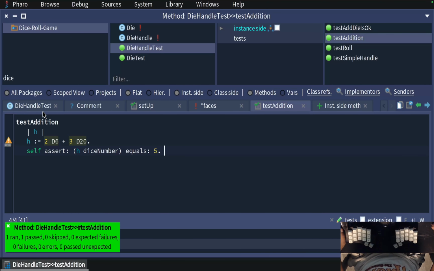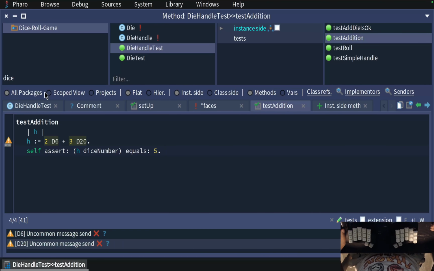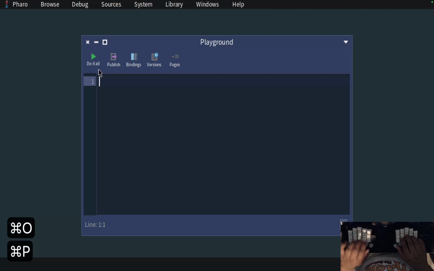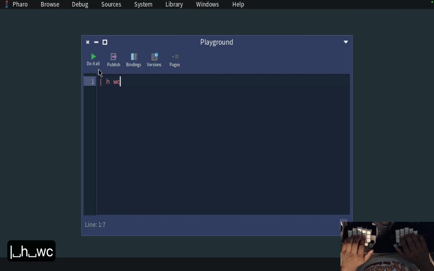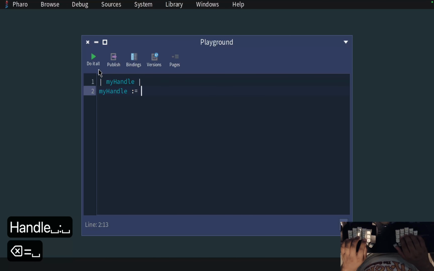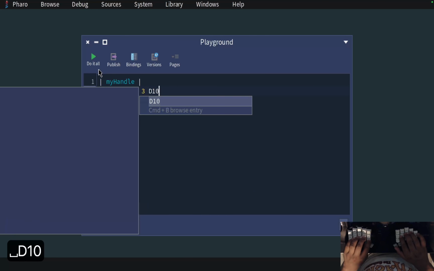Everything works. So right now, what do we have? We have a DSL that allows us to specify a die handle. We can sum them, we can roll them, and now we have the end result. So I'm going to close all of it and see what we got now. So what we got now, if we open the playground, we can basically say anything like h, like any handle, like my handle, and then my handle is going to be 3d10 plus